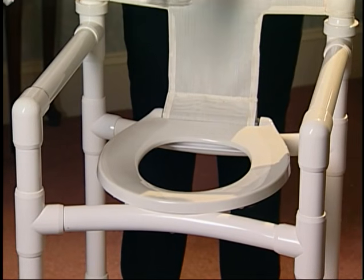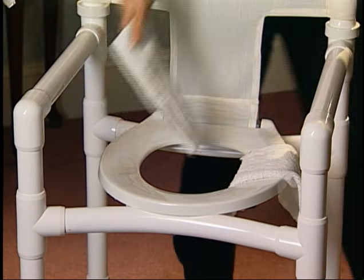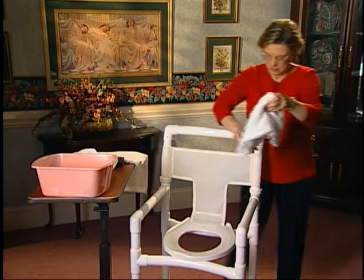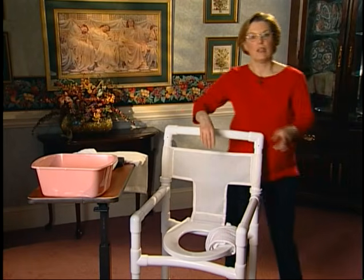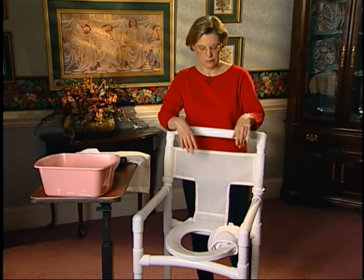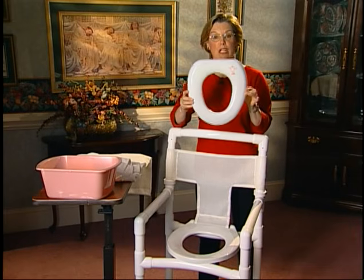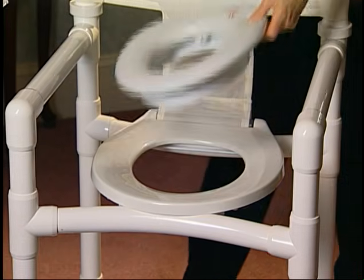One of the first things you want to do is look at padding the seat, and there's a number of ways to do that. One way would be to take some washcloths and drape them over the seat, or you can do it with a towel and wrap a towel around. You just place that towel in the place that was most important for where the person might be experiencing pain. Or the last thing that you can do for padding the seat is to take something like this, which is just a simple child's potty seat insert that's padded,